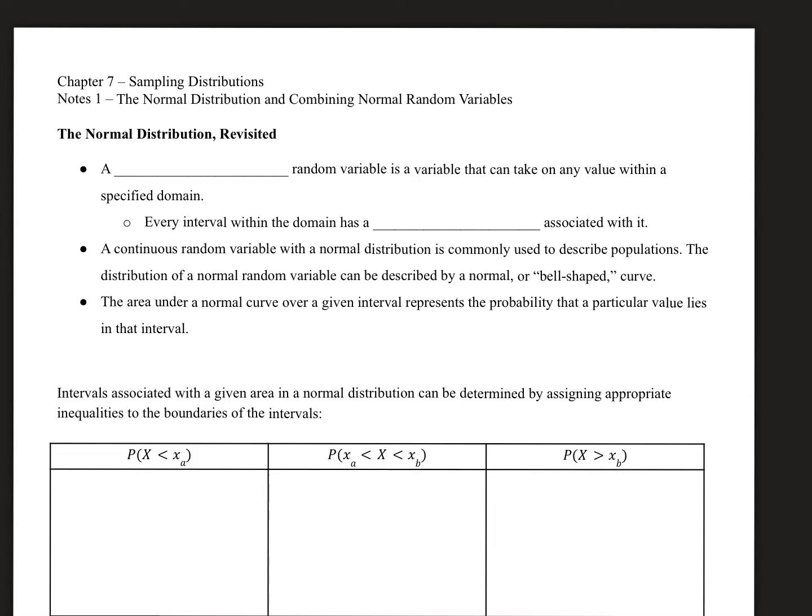In chapter 7, we are going to go back and talk about sampling distributions where we are talking about z-scores. So we're going to go back to the normal distribution, which we talked about earlier. So to review, a continuous